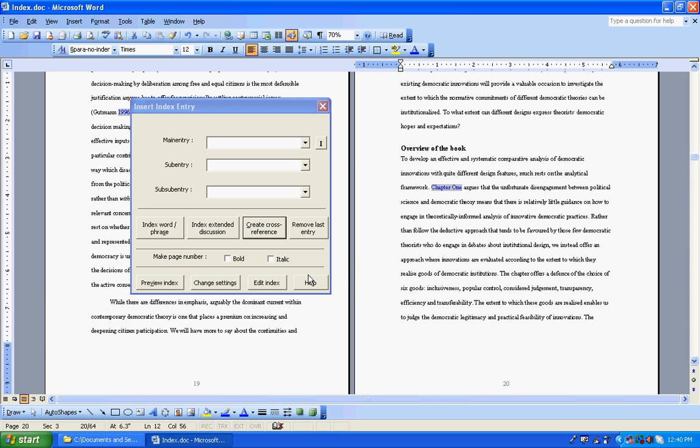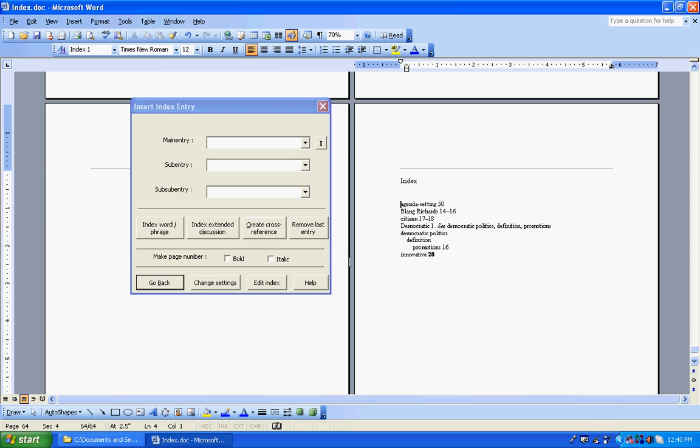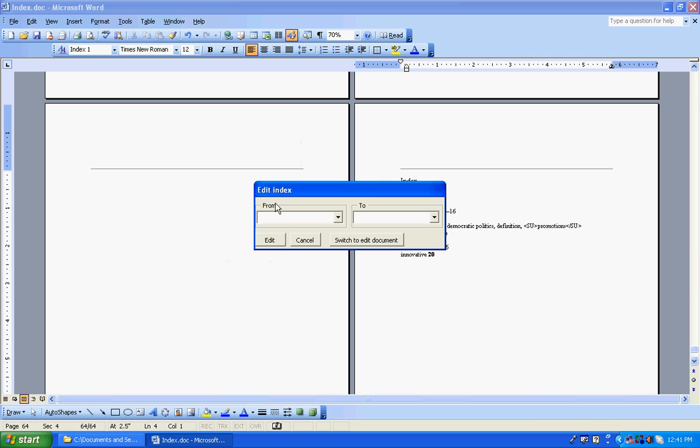Now I will preview the index, and then the second stage I am going to show about this index tool is how to edit the index. This is very key because whatever I edit here is actually updated in the XE tag, so that the index is not disturbed. So now I press the edit index button, and it will ask from which word to which word. I'll start with agenda setting and go to, for example, democratic,